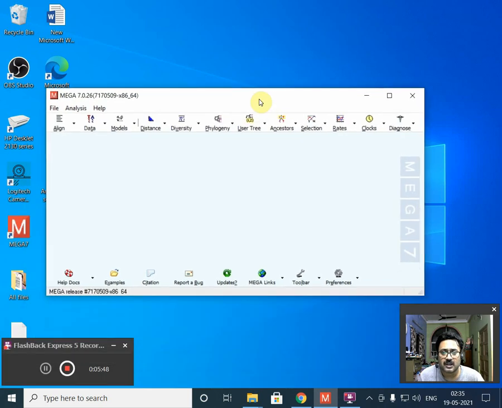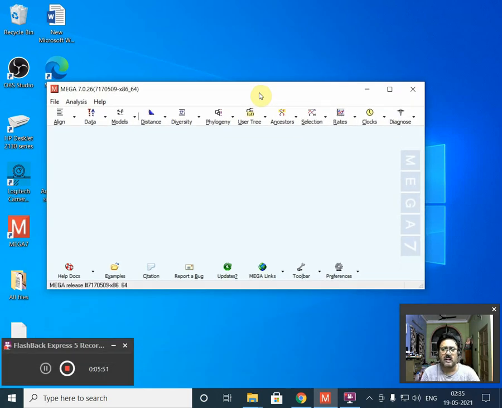Now in today's video, we are going to create a multiple sequence alignment using Clustal W. In the previous video, I will give a link to that on top of the screen, we had done the MSA using the MUSCLE algorithm.